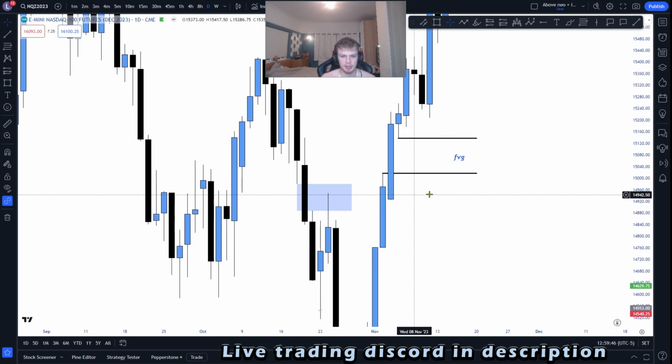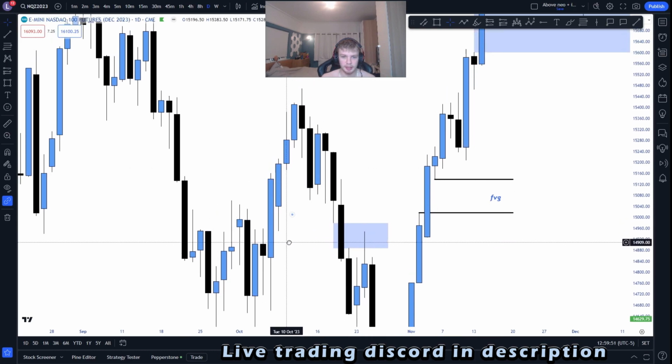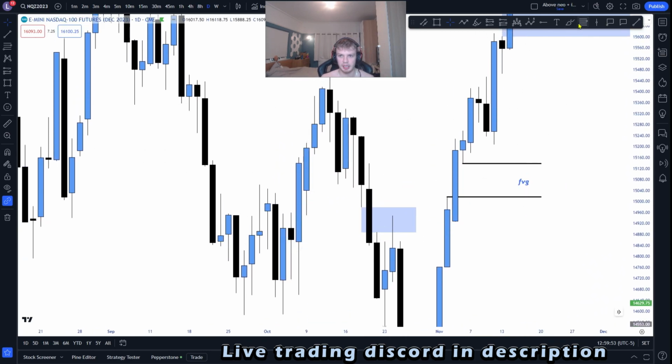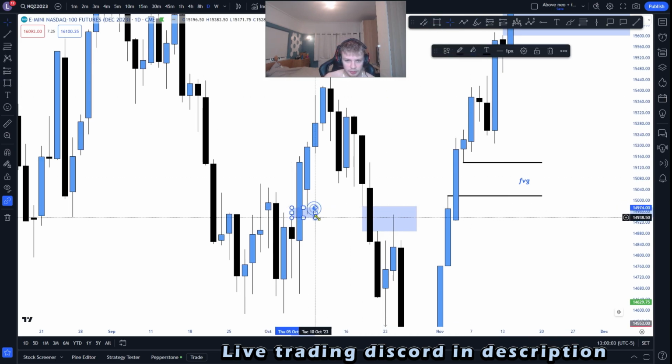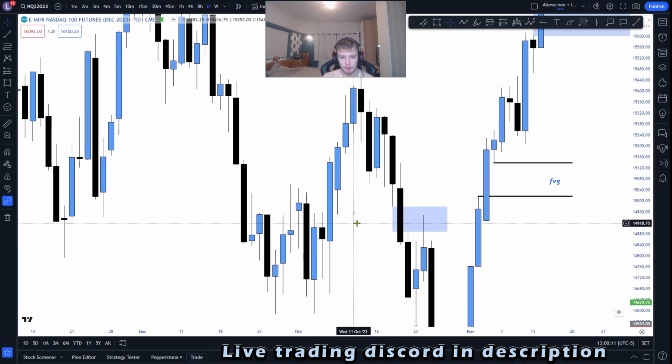Just because it is a little void in the market. So if you look right here, this is not a fair value gap. Do you see how this wick here and this wick here overlap? So therefore that is clearly not a fair value gap, so don't get confused. It has to be a clear gap in the market. Right here there are two wicks, so you cannot draw a fair value gap there, whereas here there